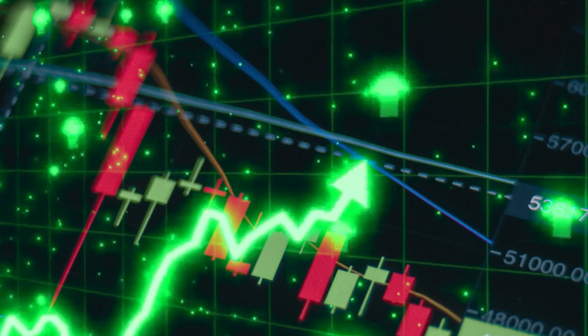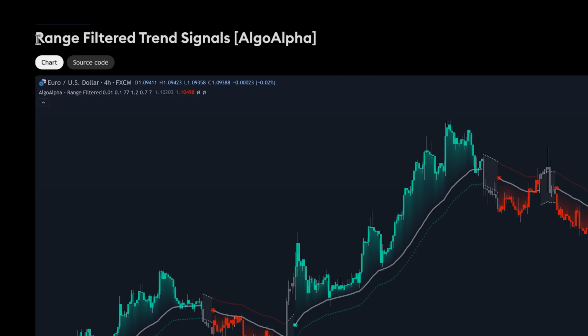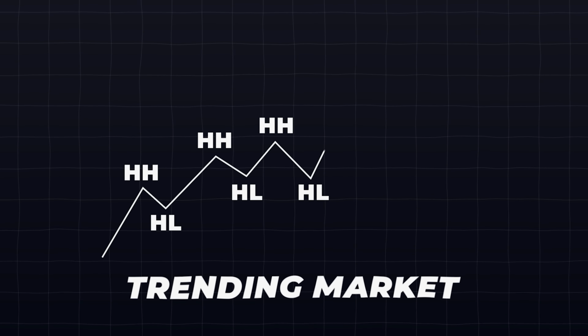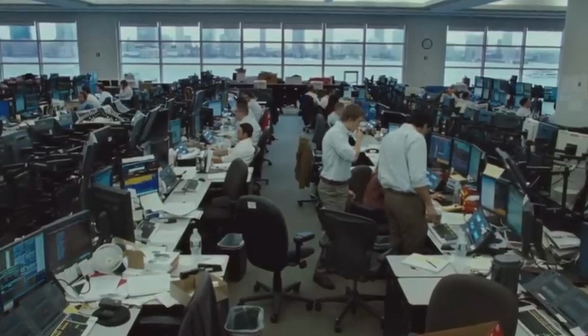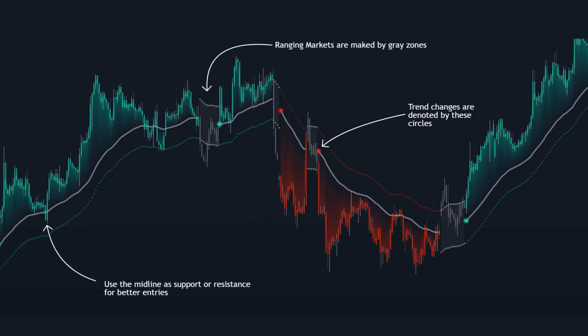Today we're going to be looking at a pretty interesting trading indicator called Range Filtered Trend Signals by AlgoAlpha. This tool is all about trying to help us figure out when the market is trending and, just as importantly, when it's just chopping around in a range. We're going to dive into what this indicator is all about and how you might be able to use it